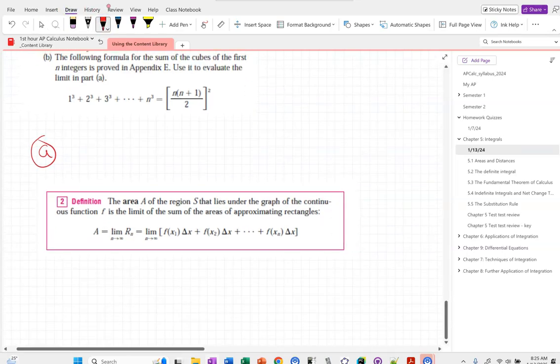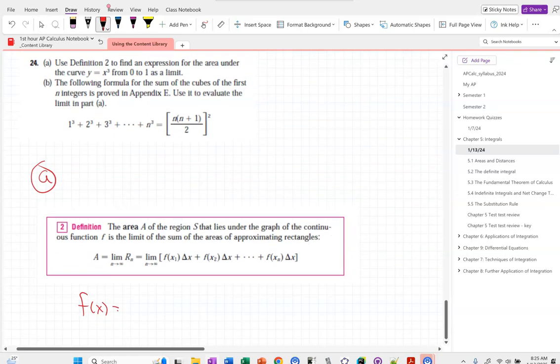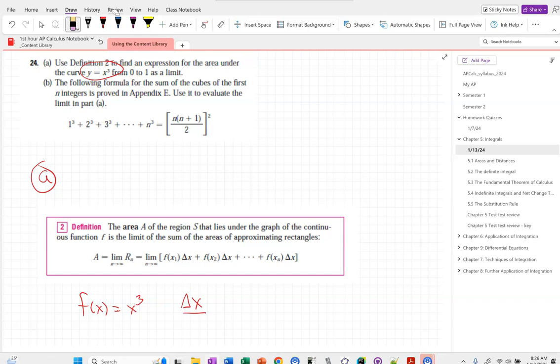So my f of x here is x cubed. Everybody feel good there? It tells me in the problem. My delta x is going to be 1 minus 0 over n, or just 1 over n. Does everybody feel okay there? And then my xi is going to be